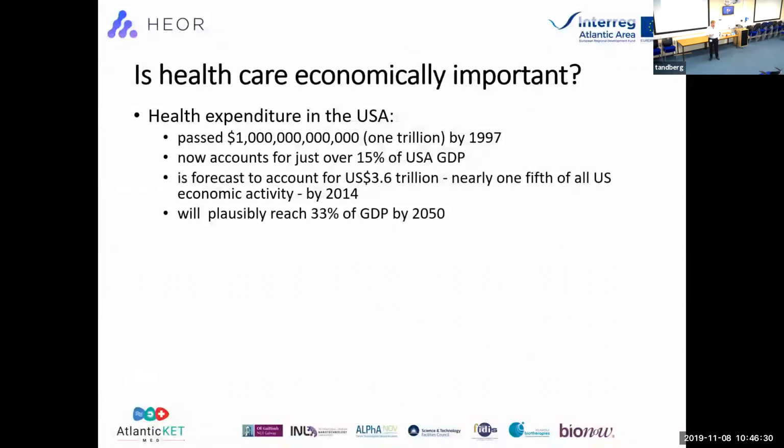This will vary from country to country, but even within the European Union, regardless of the type of healthcare system, whether it's insurance-based or publicly tax-funded, healthcare expenditure takes a significant proportion of the GDP of a country, and this is only going to grow. Okay, so we know that expenditure on healthcare, both public and private, is set to continue to grow into the